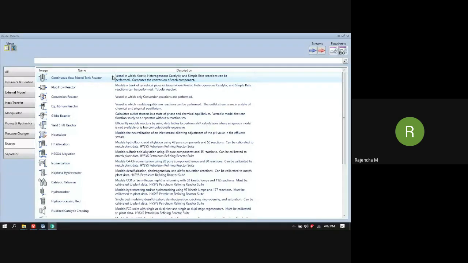Here you can see there is a Gibbs reactor. In the Gibbs reactor, you can calculate the outlet streams in the state of phase as well as chemical equilibrium. This model is based on the minimization of Gibbs free energy as you do in thermodynamic calculations, so you can tell whether the reaction is really possible or not.